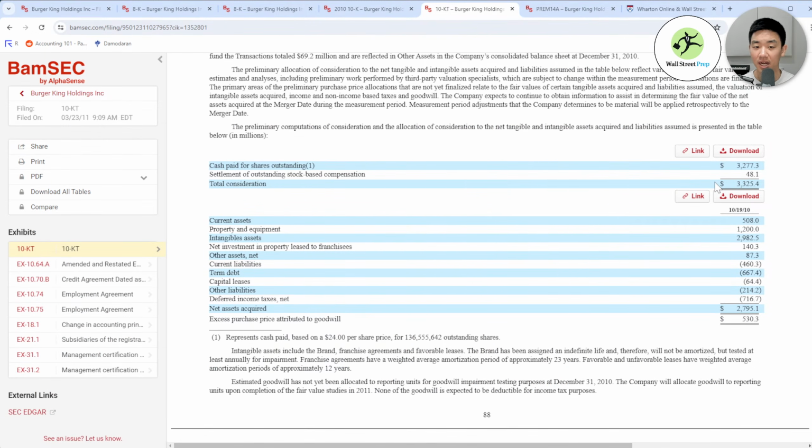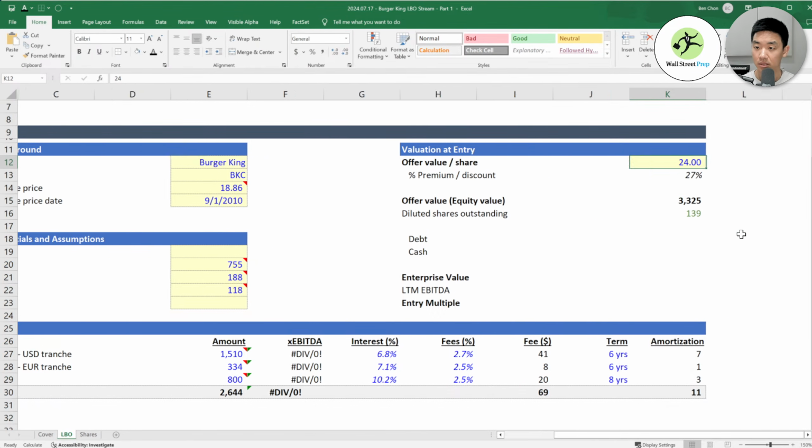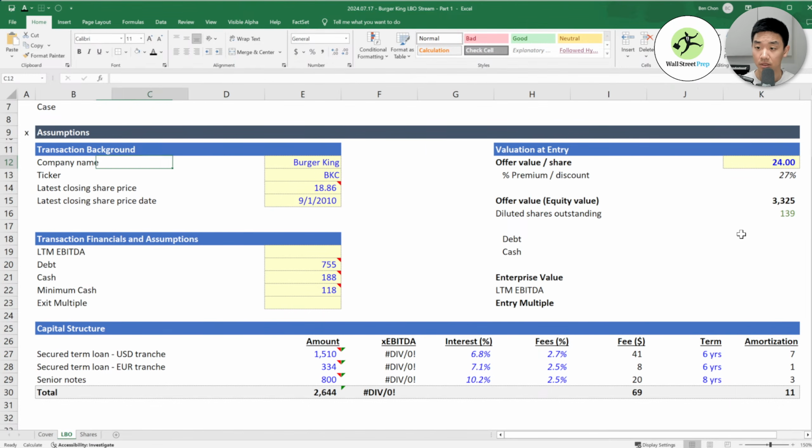So that's why I am doing it this way, to get to the exact figures that the company actually paid, in order for us to get to the most exact IRR as possible. Okay, so we have this debt. We can go here. Cash, we can go here, and then make these purple.